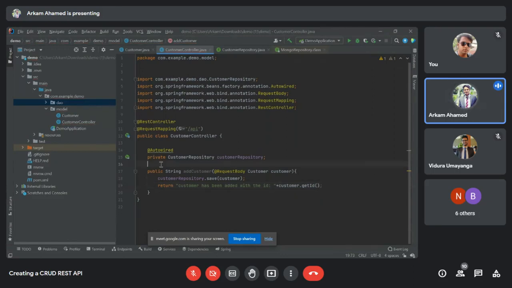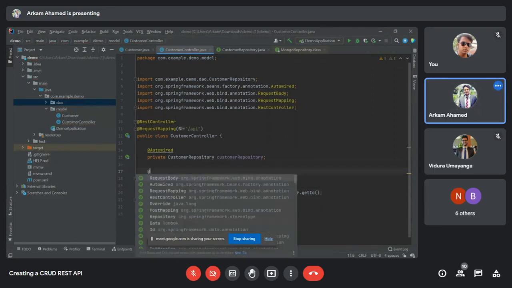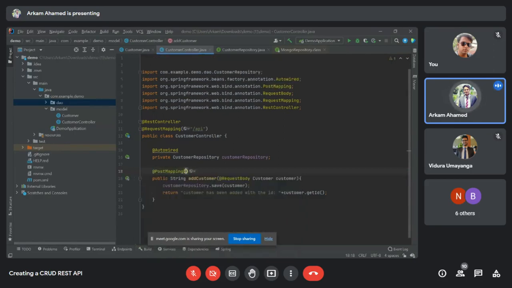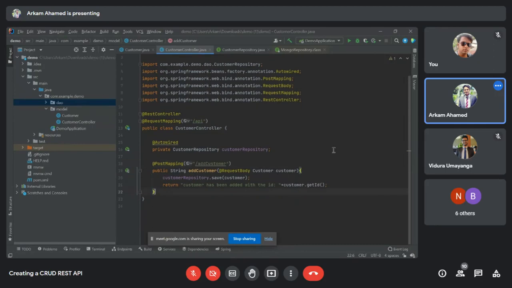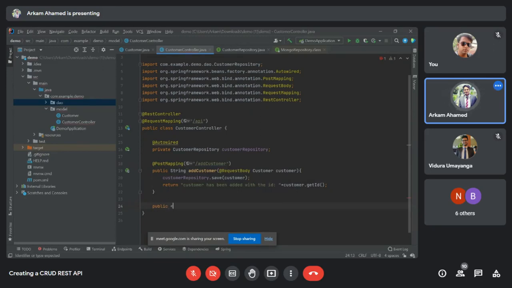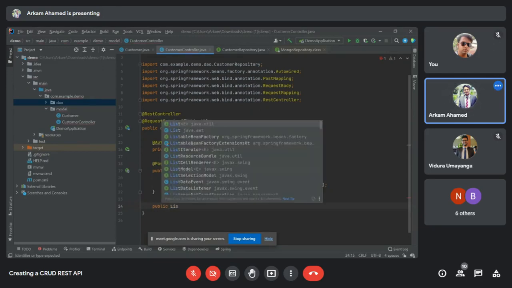So this is done. Since this is a post request, we will have to annotate this with PostMapping, and then add the endpoint URL. So it will be at customer. So the post request is done. So let's move to retrieving it. Since it will be a list, I'll pass the list.